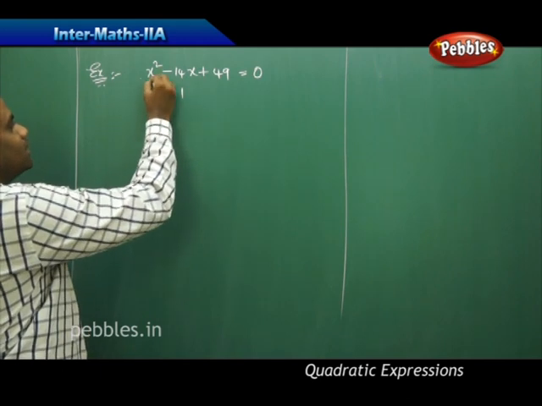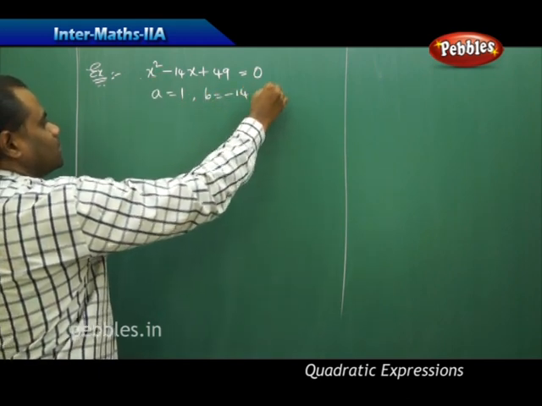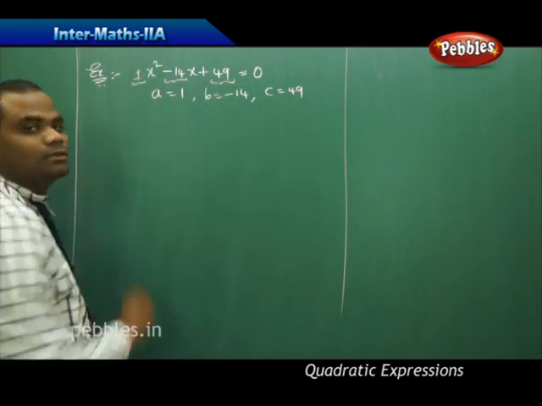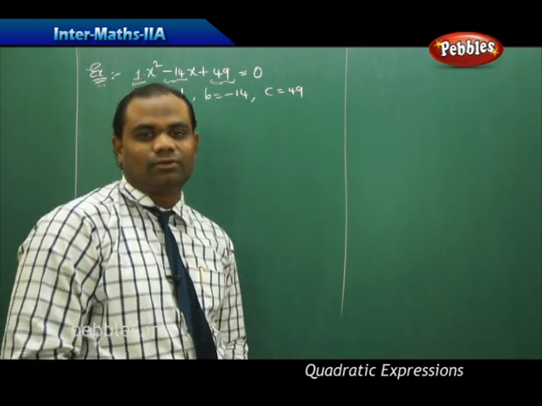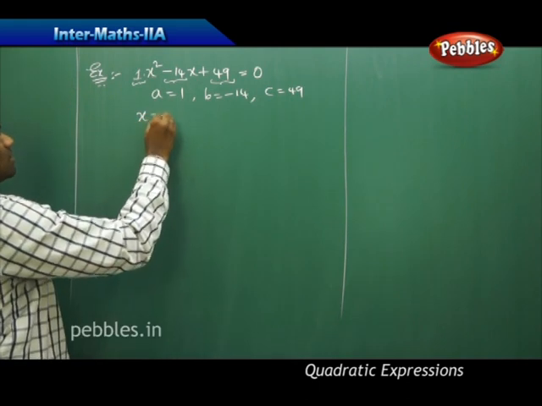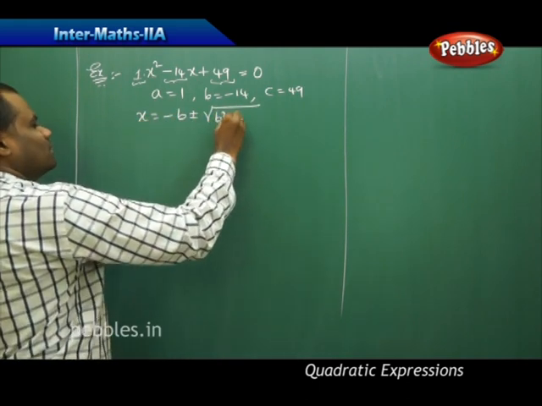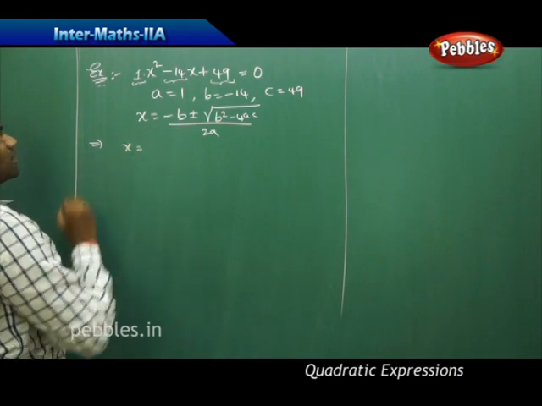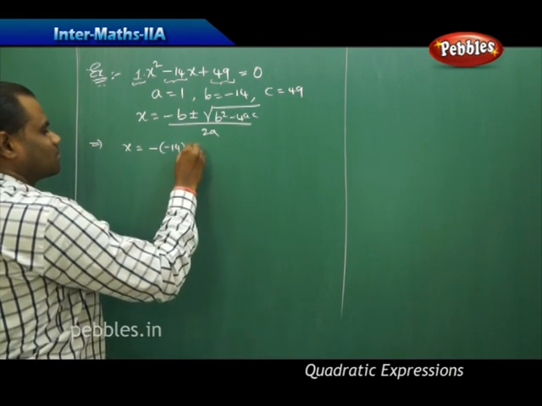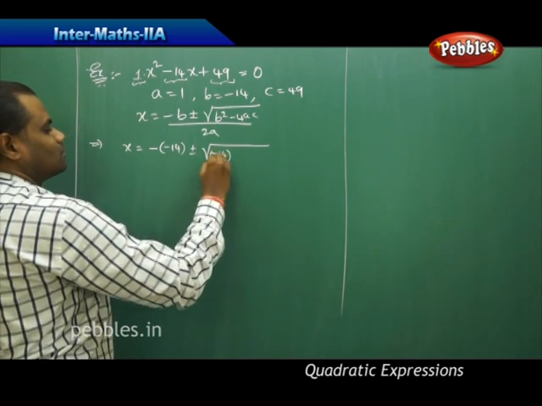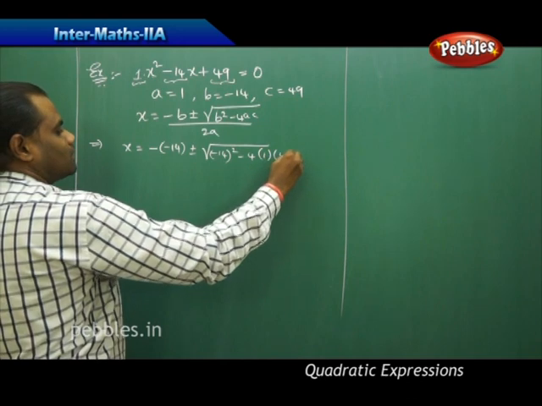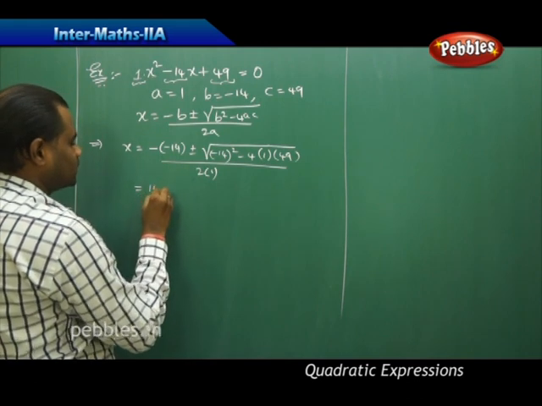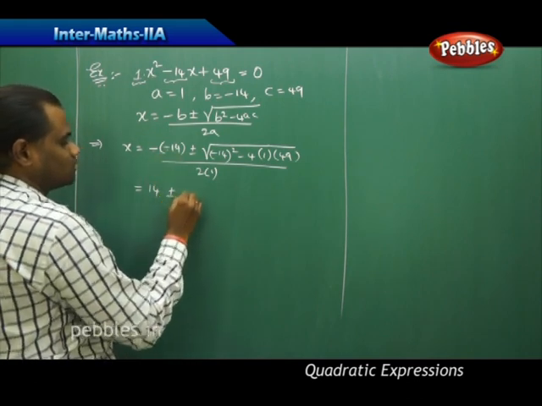In this case, I identify a to be 1, b to be negative 14, and c is 49, as taken in this form. This is a, this is b, and this is c. So let's substitute this in the formula and find the roots. I have the formula x equal to minus b plus or minus root of b square minus 4ac by 2a, which on further simplification gives minus of minus 14 is plus 14, plus or minus root of 14 square